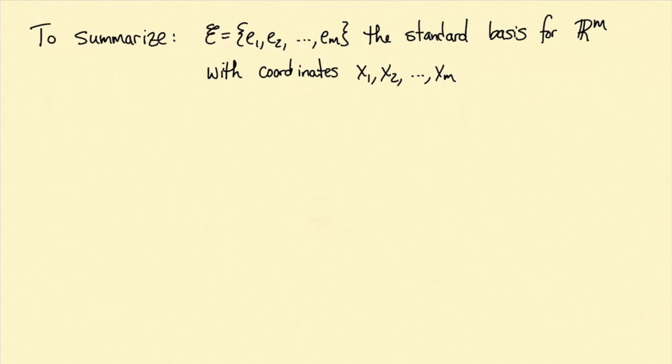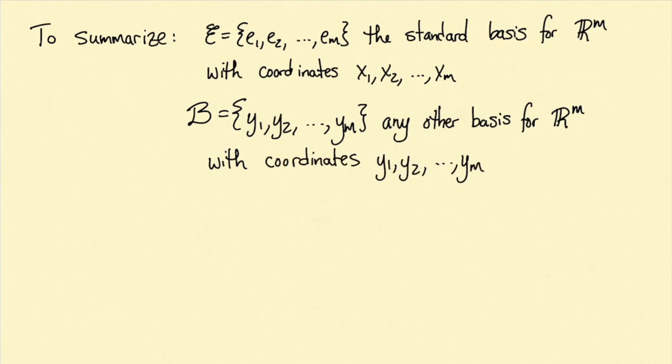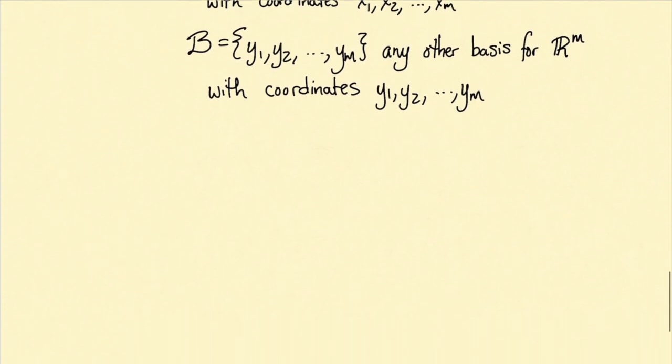If we have another basis, B, with elements V1, V2, down to Vm, and we label the coordinates y1, y2, down to ym, then we can convert back and forth between our 2 basis and coordinate systems using the following